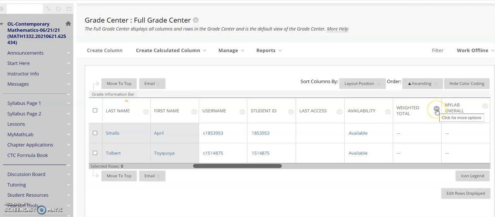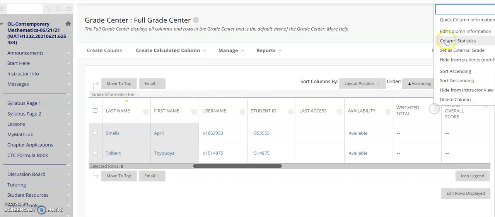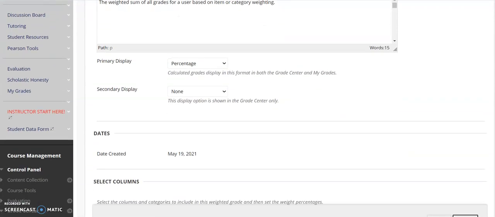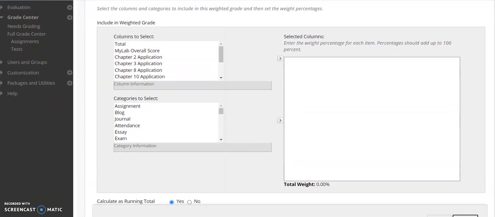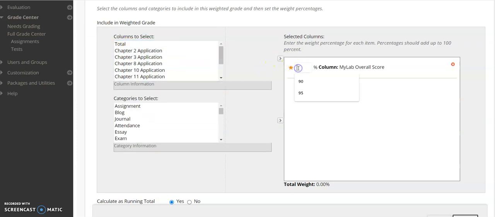So I'm going to go to my weighted total column. If you don't have one sitting here, you're going to go to create a calculated column and select the weighted column. Here's where I need to select what's going to be in the grade calculation and the weights for each. And so I'm going to select my lab overall score, and that's going to be 90%. And then I'm going to come down here to the other block